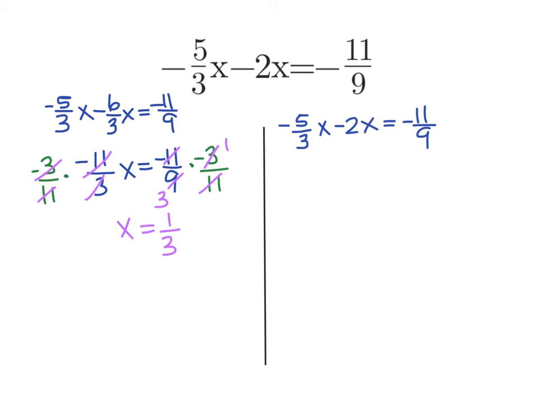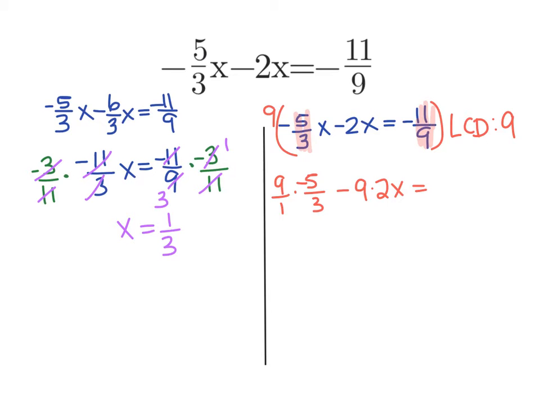In order to get rid of the fraction altogether, we need to identify the least common denominator between all of the fractions involved. So if I look at my fractions here, 5/3 and then 11/9, my least common denominator would be 9. So what I'm going to do is multiply everything, the whole expression, by 9. It's going to look a little complicated at first, but you'll see, hopefully, once we start to do it